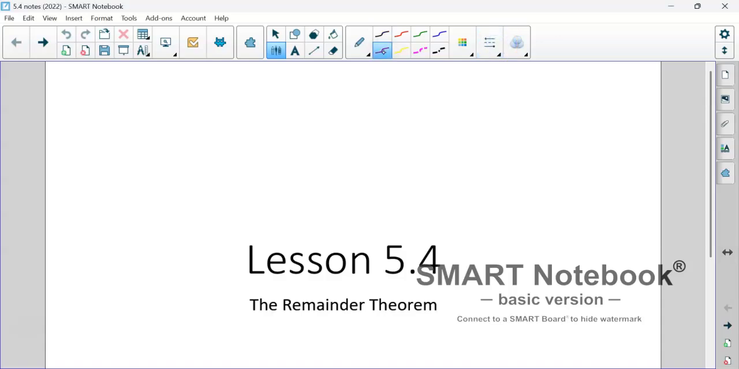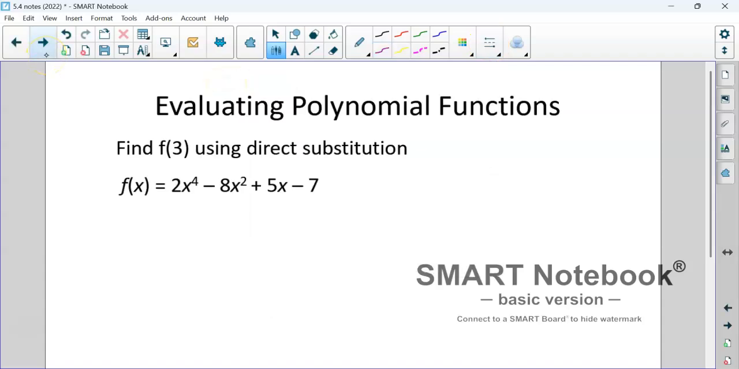All right, 5.4, the remainder theorem. Is this ready? All right, so